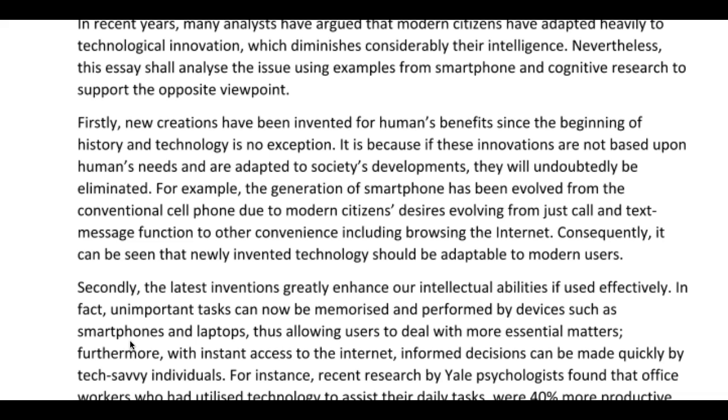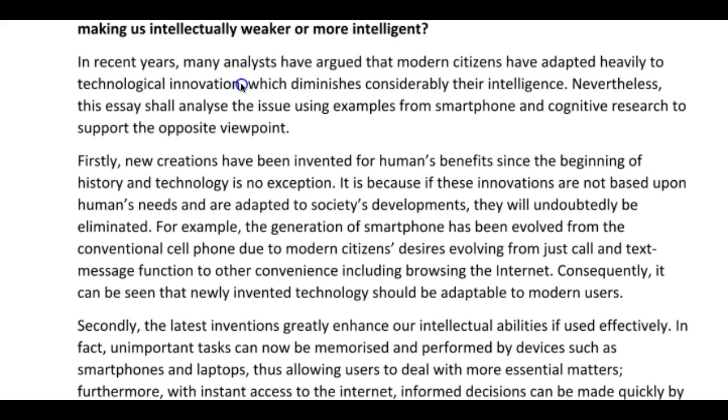So, in recent years, many analysts have argued that modern citizens have adapted heavily to technological innovation, which diminishes considerably their intelligence. Good. So here, the problem with that phrase is perfect up to here because you said many analysts have argued, so it's hedged, okay?